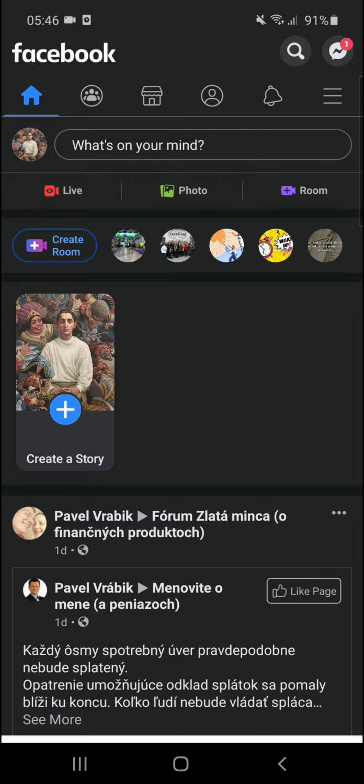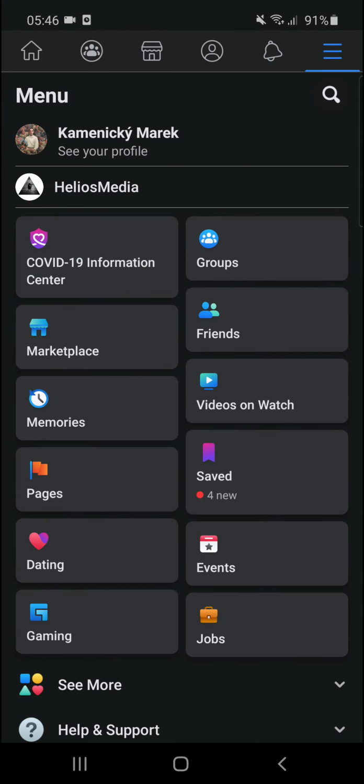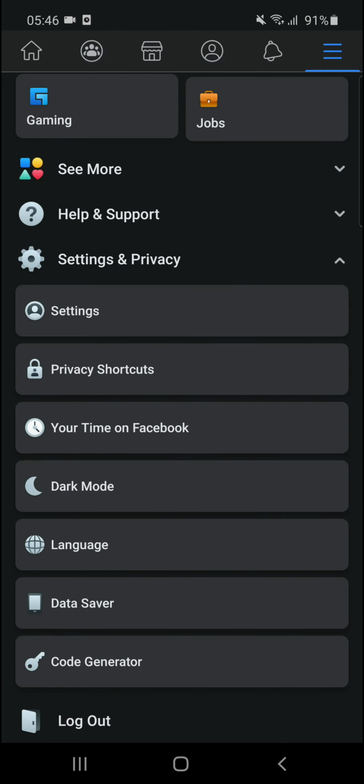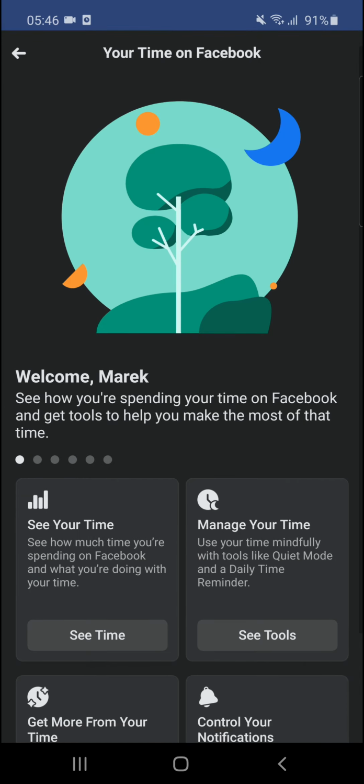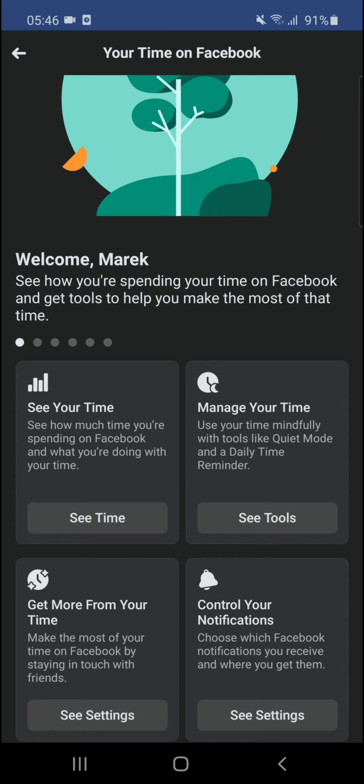So let's start. The first thing you want to do is, when you're on Facebook, go to the top right corner, and right here you're going to see privacy shortcuts and everything. Scroll down below in the menu, and then you're going to see your time on Facebook. Now you have options to see your time, manage your time,